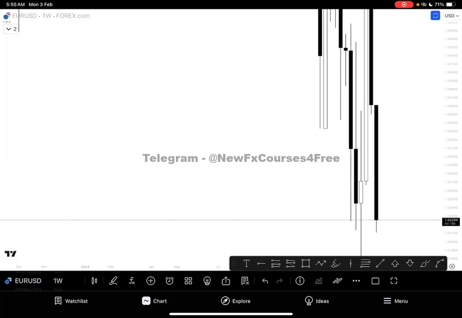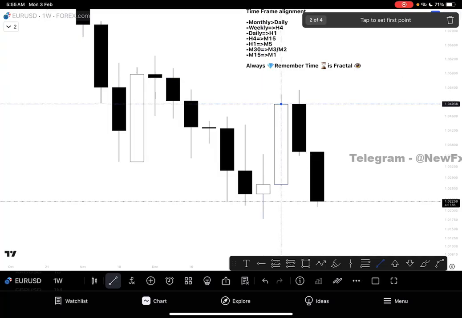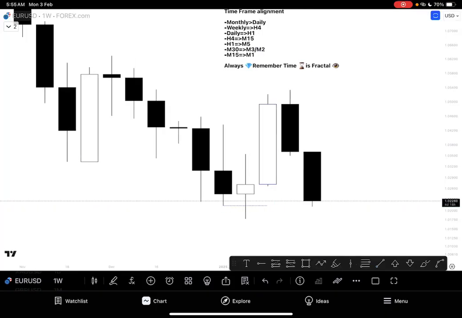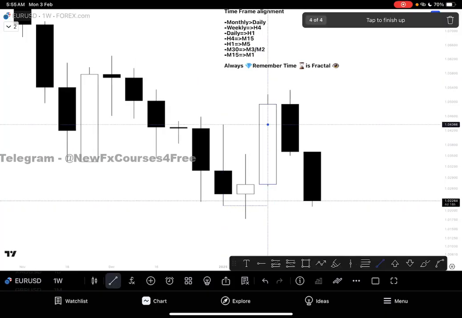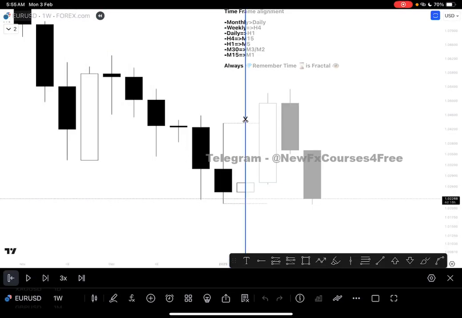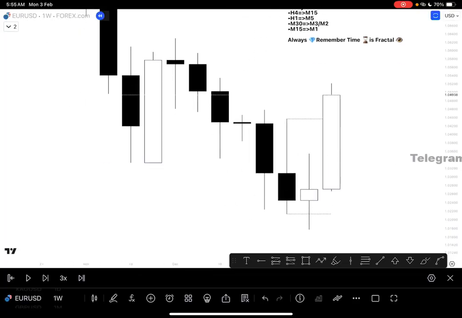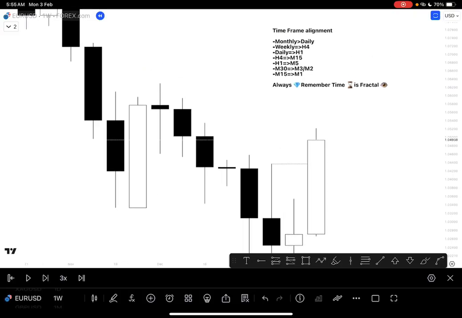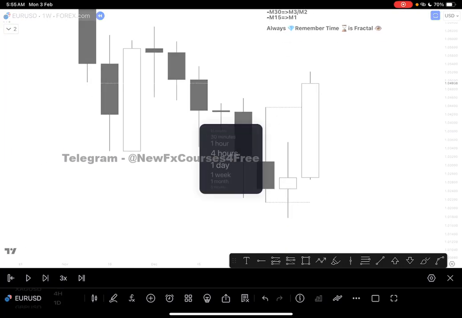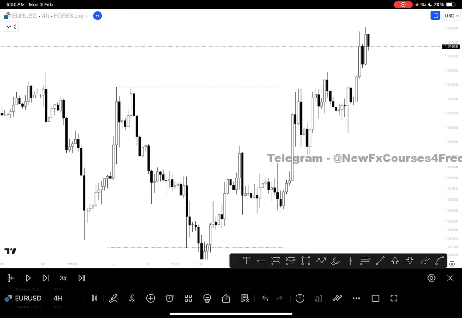Going back to the weekly time frame, moving from range high to range low. So let's start with this range low to range high. So let me take the bar replay back to this. Okay, here we are. So remember, we actually moved from the weekly to the 4-hour. So going down to the 4-hour time frame here,